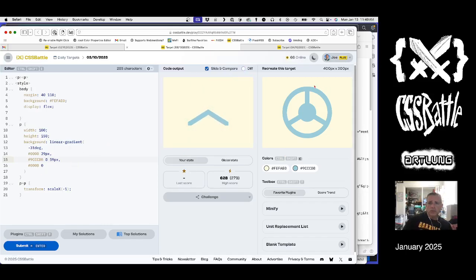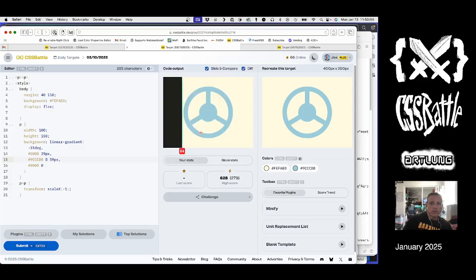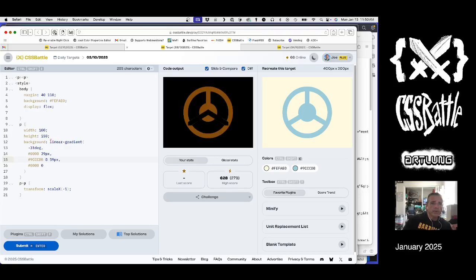So now we've got another line that we need to do. So we can do that with another linear gradient. I'm actually thinking that one of these colors should cover the next linear gradient we're going to do. So let's do the next one. And actually, it's going to be below this linear gradient,